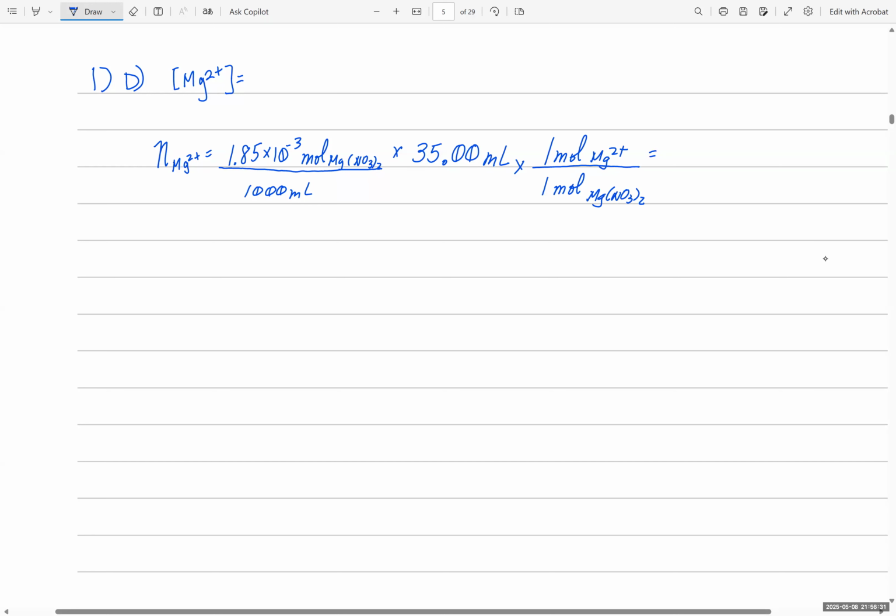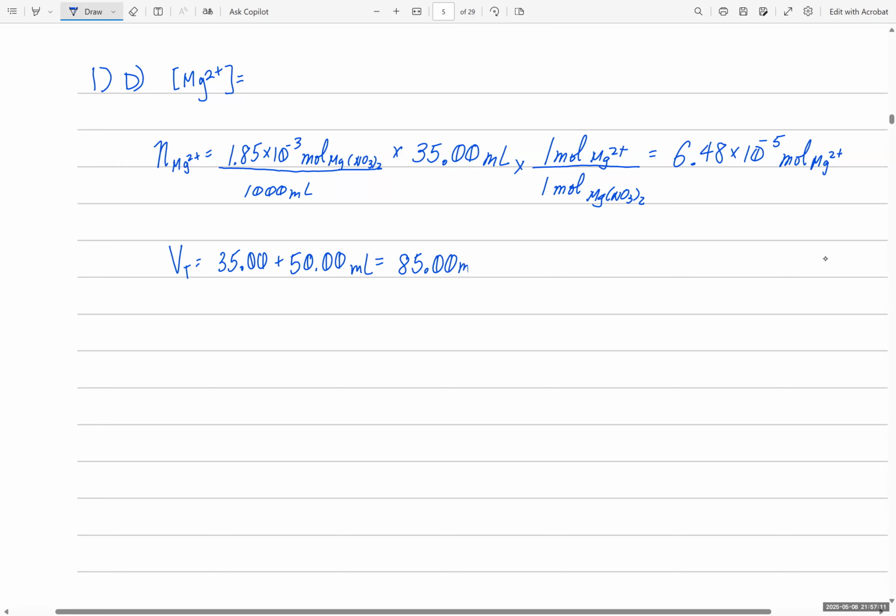You get, I believe, 6.48 times 10 to the minus 5. That's moles of our magnesium 2 plus. So you're going to get a point for that. All right, next, you have to figure out the total volume. Total volume is equal to, what was that again? 35 and 50 milliliters. It's 35 for sig figs plus 50 milliliters, which gives you